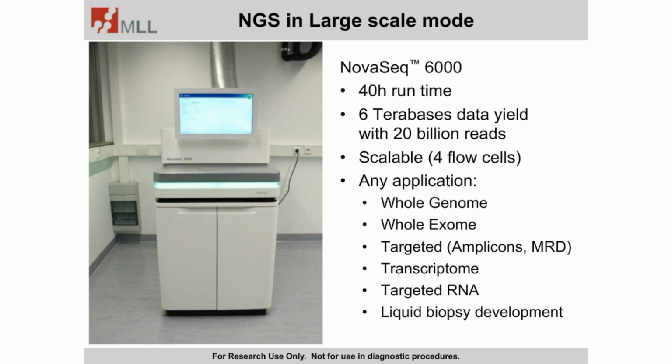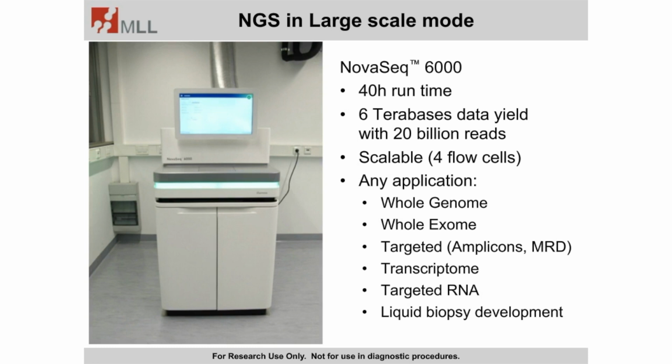You come to a huge number of terabases sequence. One important aspect from my side I see is that there will be 3 or even 4 flow cells, and the applications are different, like genomes, exomes, amplicons, or MRD as well, transcriptomes, targeted RNA, and even liquid biopsy will